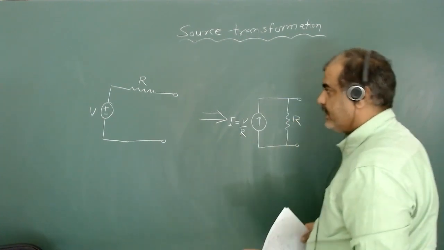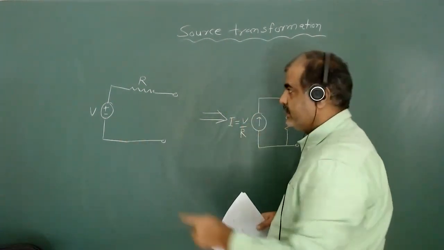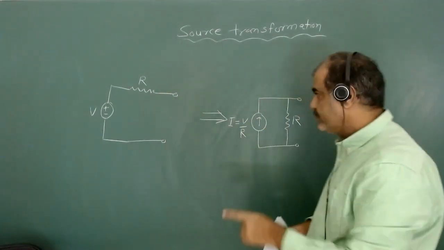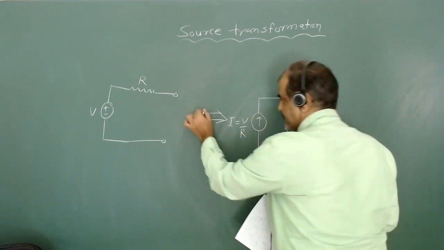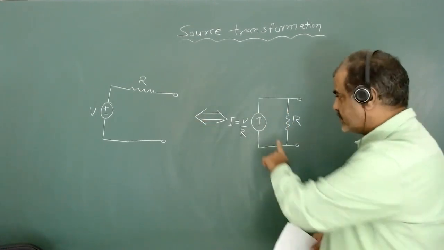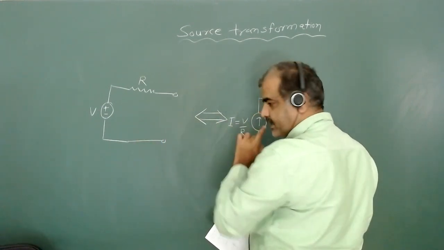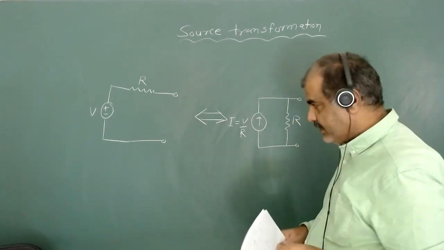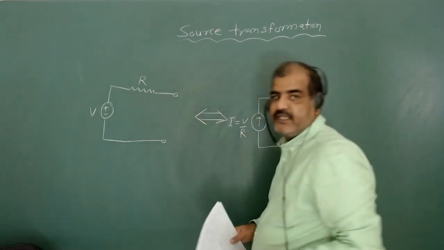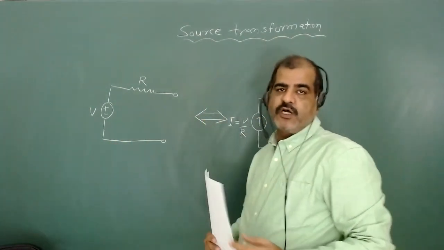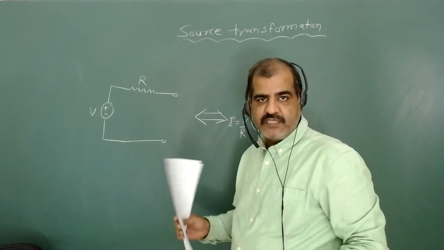In a circuit, I can interchange or replace a voltage source with a series resistance by an equivalent current source with a parallel resistance R, or vice versa. So a current source can be transformed into a voltage source, and a voltage source can also be converted into a current source. This will greatly simplify our problem during circuit analysis. Sometimes this technique alone is sufficient to solve a circuit without use of any KVL, KCL or any network theorem.